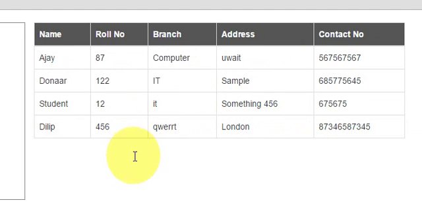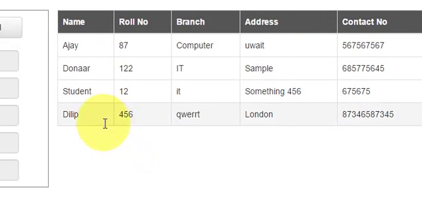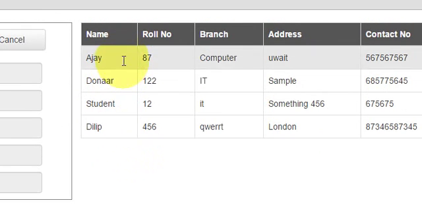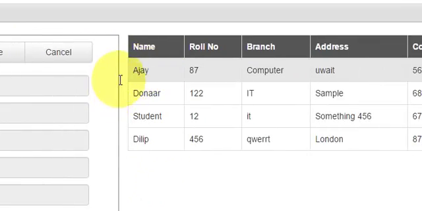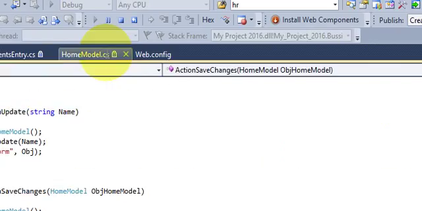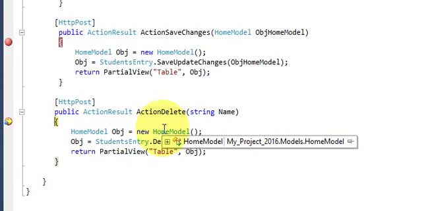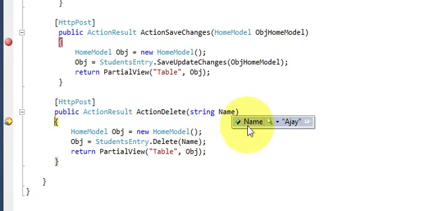Now it's time to delete a record. How is the record deleted? Suppose I have to delete this Ajay record. I'll click on Ajay, so the record is selected, and now click on delete. Thus the action comes to the controller. Now I'll take a reference. So the reference that I have taken is the name Ajay. So I've got it here in this string variable, and now moving on further,